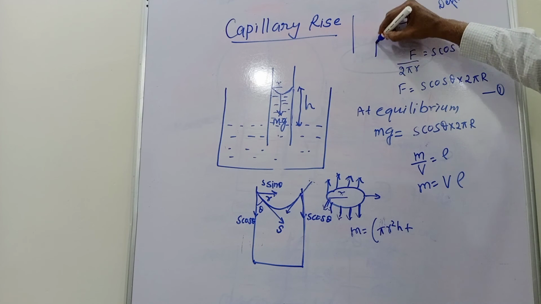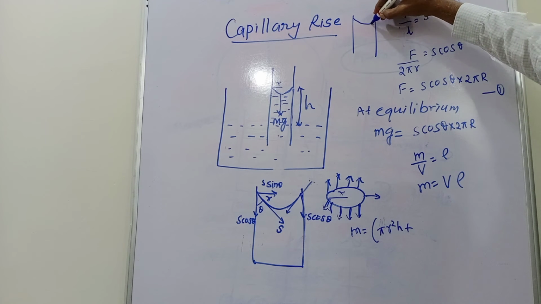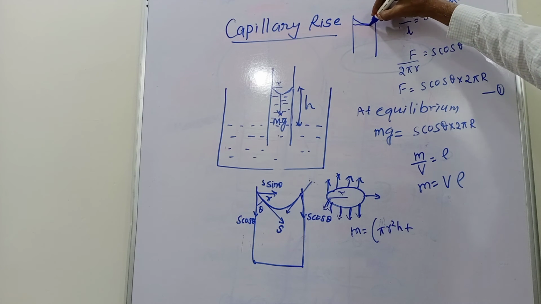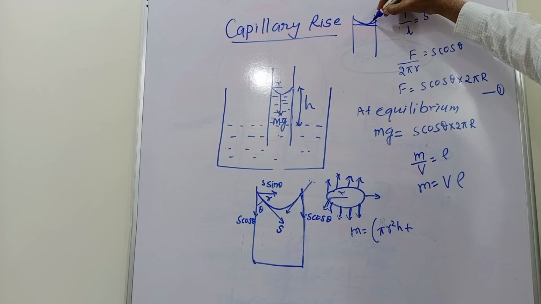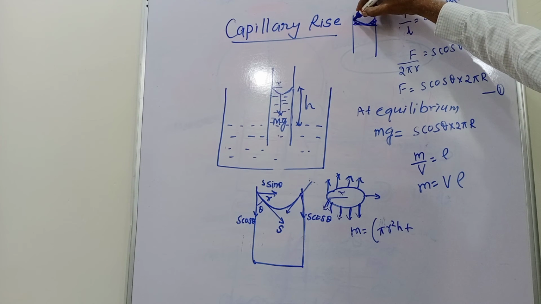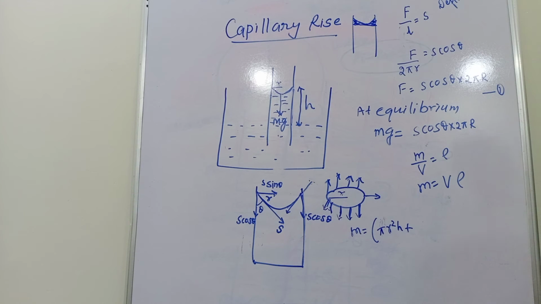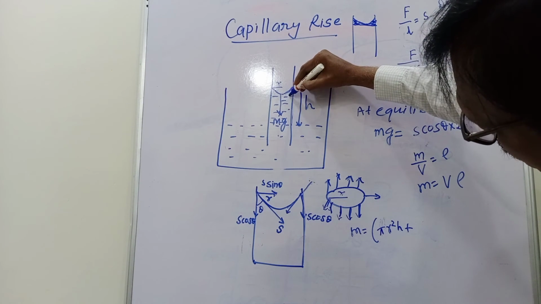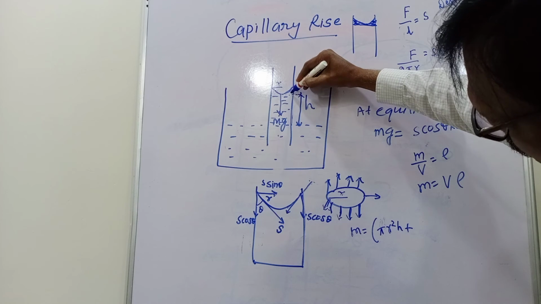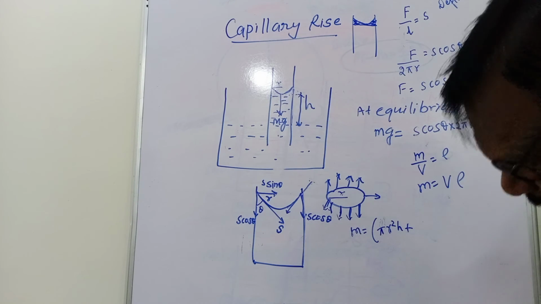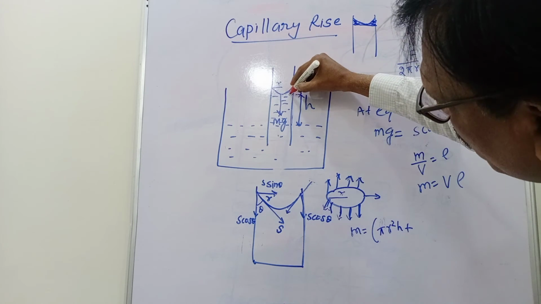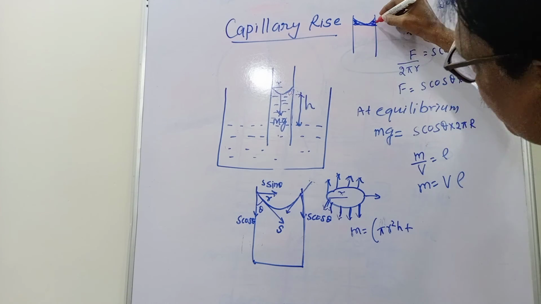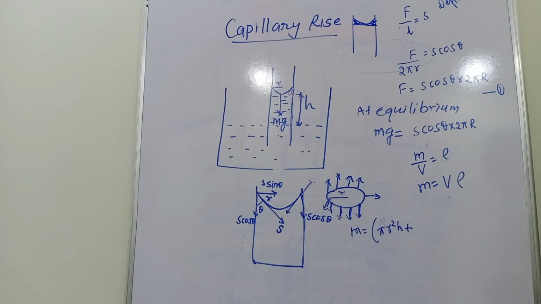अब उस सिलेंडर में अगर हाइट h तक जा रही है तो थोड़ा ध्यान दीजिएगा कि मेनिस्कस यहाँ तक है, but water is here. So what is this water? Extra water, because if we take height, it will be up to the lowest point of this meniscus. So this extra amount of the water is there. So what is the volume of that extra amount of water here? वो कितना होगा, उसको कैलकुलेट कैसे करते हैं वो देखते हैं.